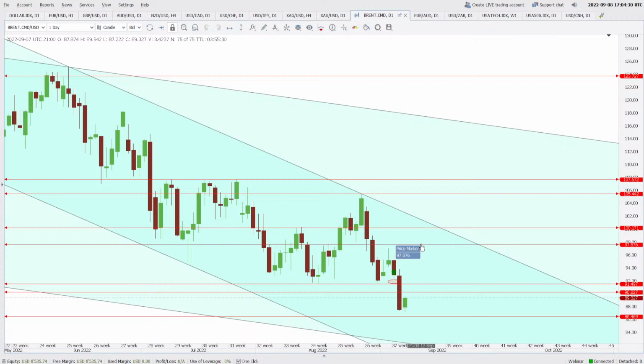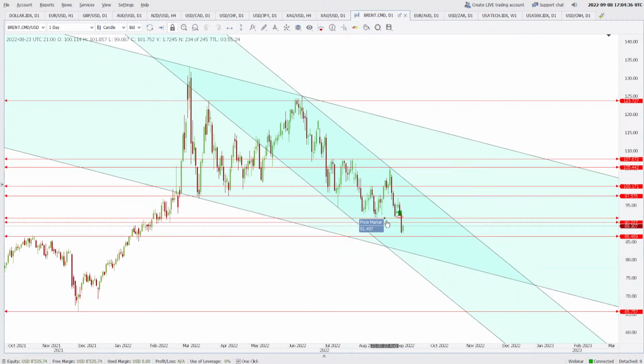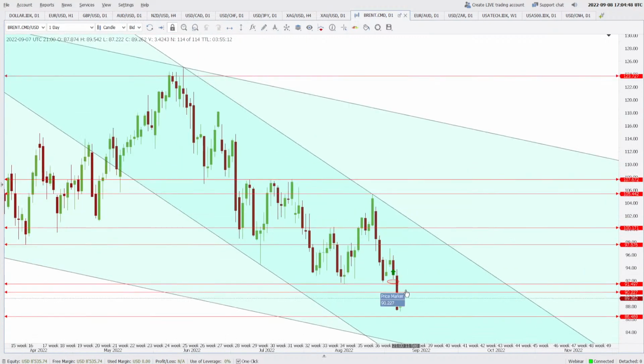They may go up, but I think they will not be able to break this area, because this was a very good support in the past, and if nobody was able to save this from breaking, I think those who have been stopped out because their stop losses got triggered here will try to enter this bandwagon of the downside, jump in, become fresh sellers, and push the market down to 86.46.